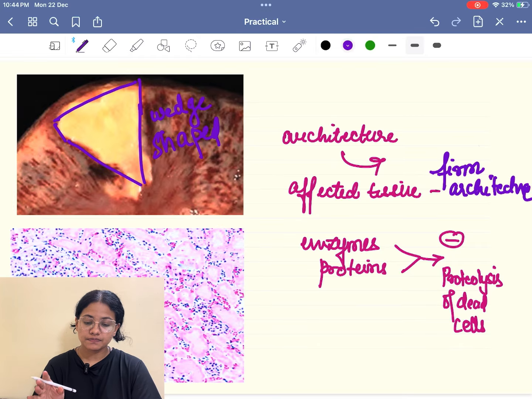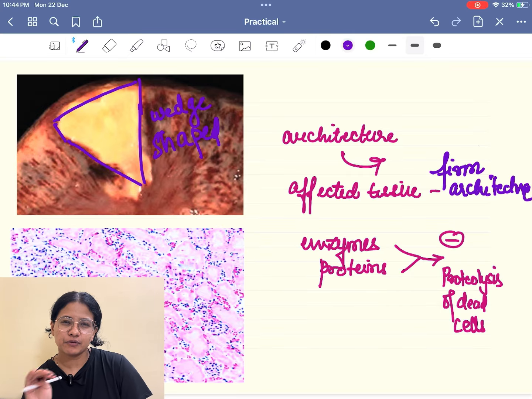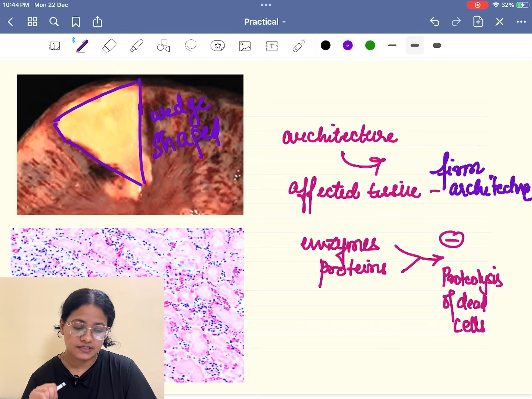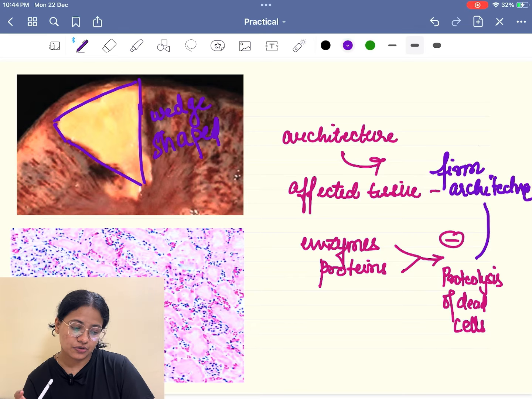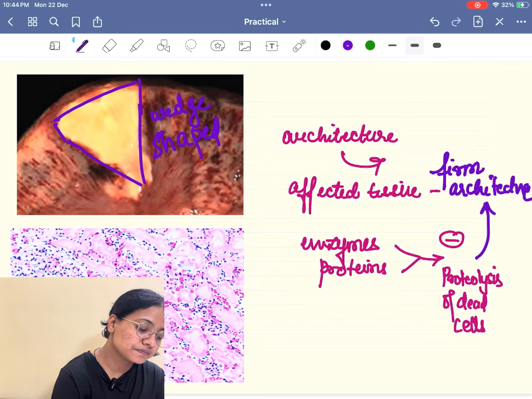And this is due to enzymes and proteins, but there is no proteolysis of dead cells. So over a period of few days and weeks there will be inhibition of proteolysis of dead cells, because of which cells maintain their firm architecture. The tissue does not become necrotic that quickly. Okay. So if you see something like that, you will write coagulative